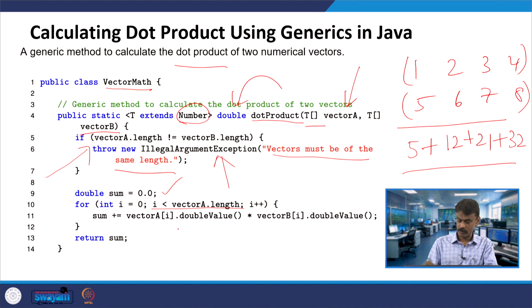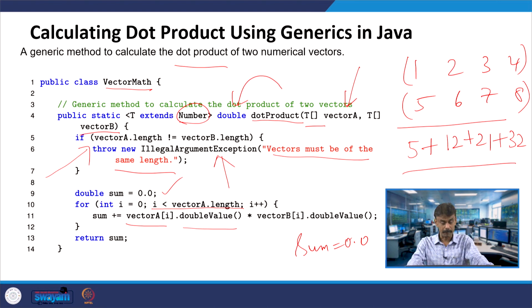So, sum is initially 0. So, vector A of I dot double value, right. That means it is converting the number into double value. For example, here it is nothing but 1.0, even though you are giving 1, that is what this method will do.